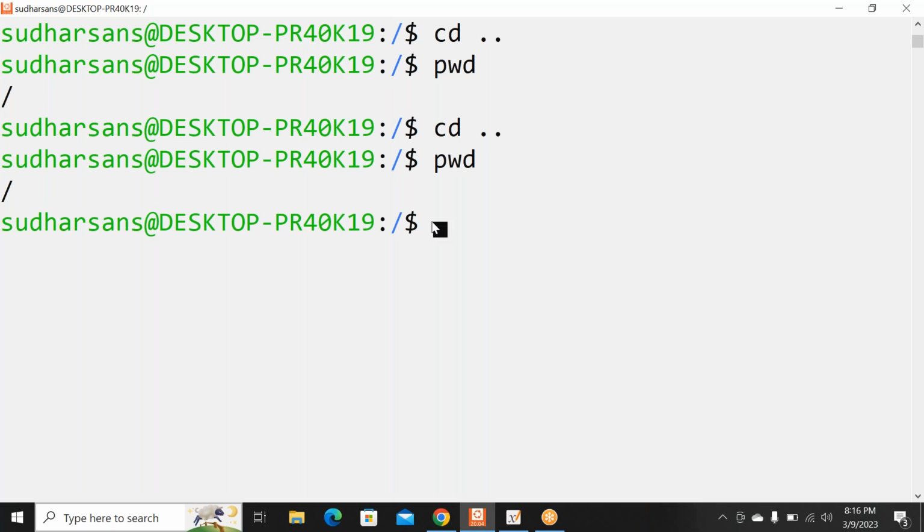Okay, cd dot dot will go to the previous working directory, right? Otherwise, it won't fetch you to the other directory, right? How can I go? No, a single dot won't work. See, okay, let's go with